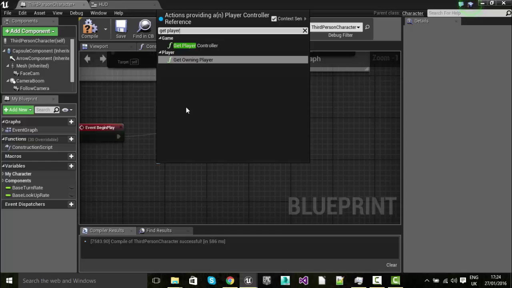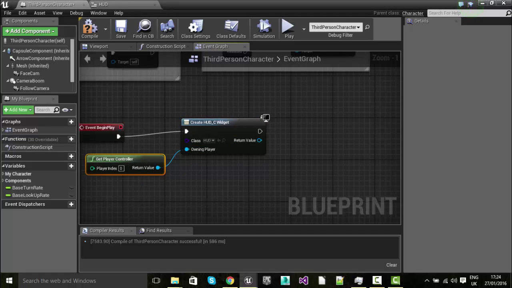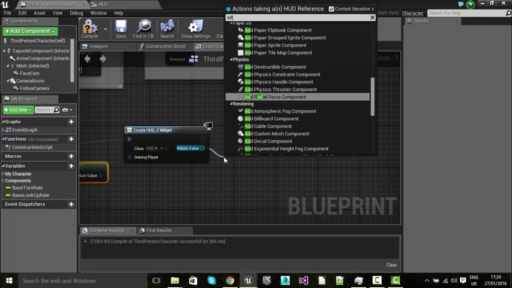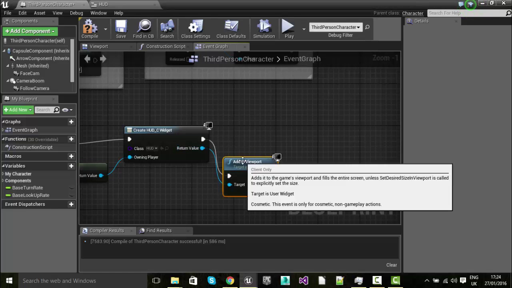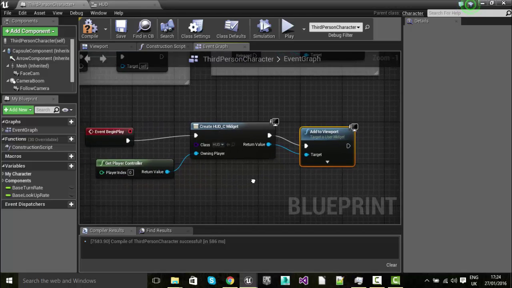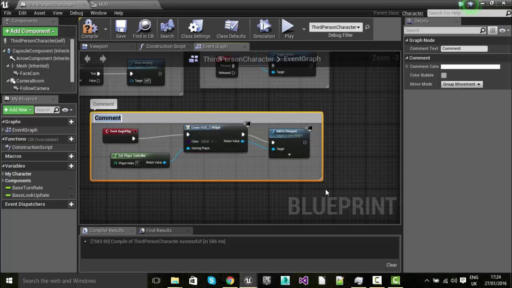Now we need to bring this off, and we need to get player controller. And then off of the return value, I'm just going to add to viewport. So we're saying we're getting the player controller, we're creating a HUD, and we're adding it to the viewport of the player controller, and that's simply it. So let's comment that again. Don't forget to comment your stuff. Draw HUD,